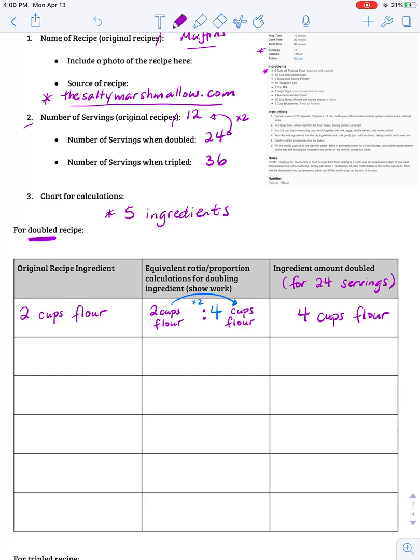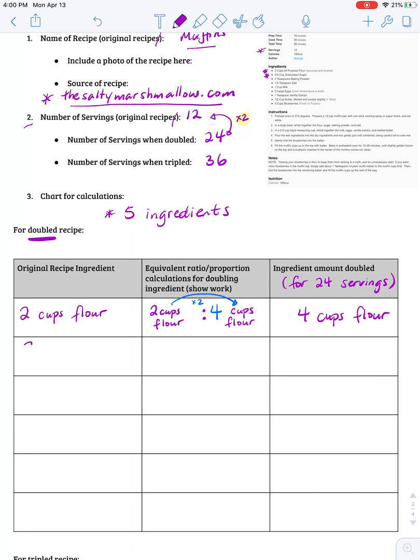Okay, so that's how you do the first one. So notice again, I'm consistent. If I'm doubling the recipe amount, I'm multiplying every ratio by 2 here. Okay, now the next ingredient here, let's do 3/4 of a cup